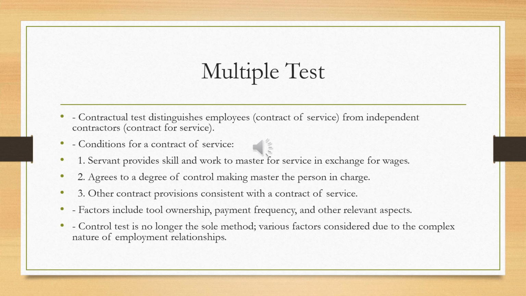This test also includes other important factors that are used to determine the master-servant relationship, such as who owns the tools being used for the work, whether the employee is paid wages monthly or on a daily basis, and all the other relevant factors. Thus, the old control test is no longer the only method of determining the relation of master and servant,